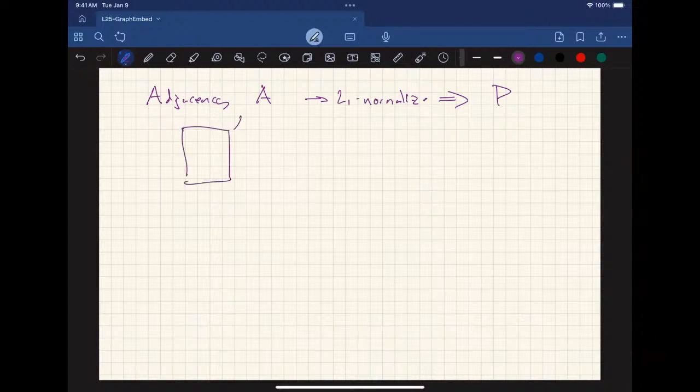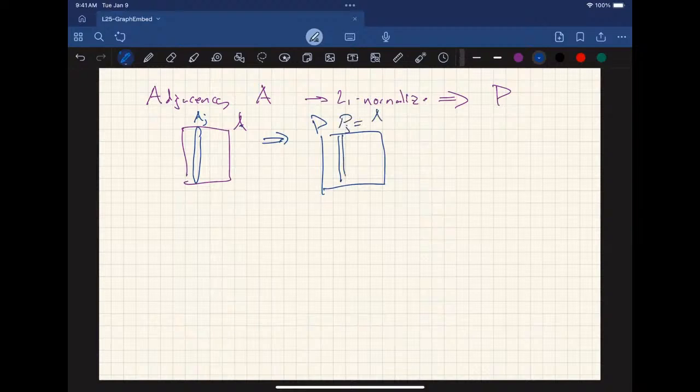So this is A, and if I look at the column of A, I'll call this Aj, I map this to P, where